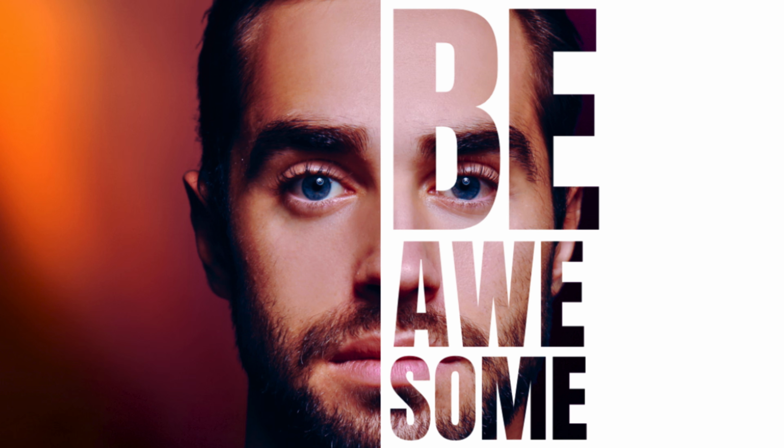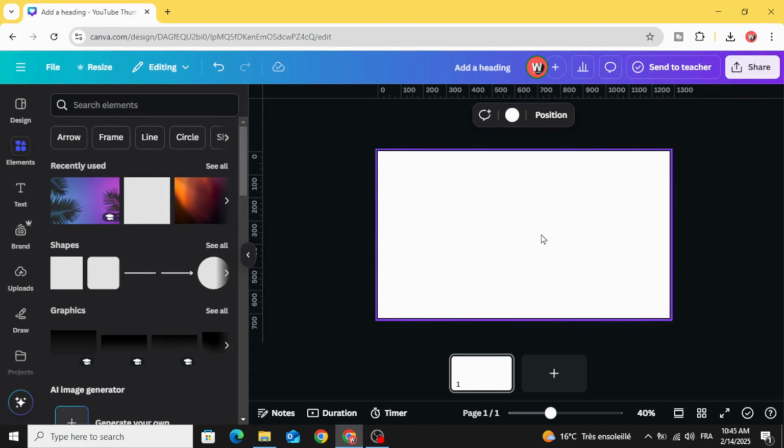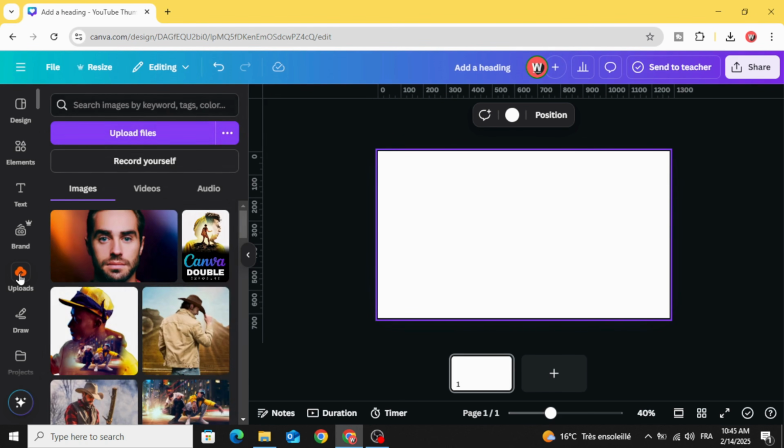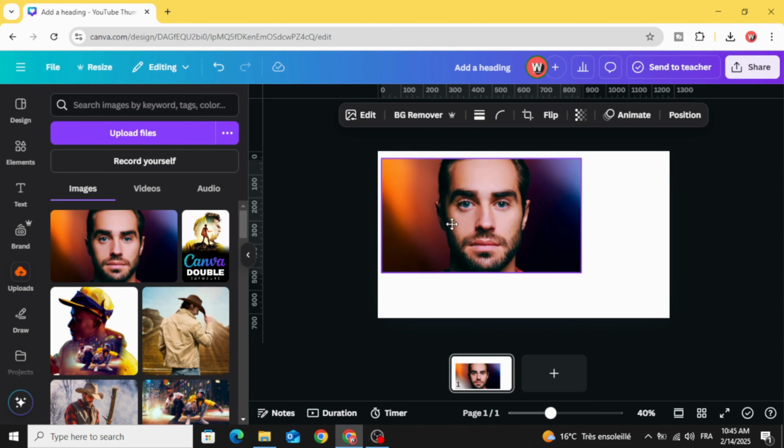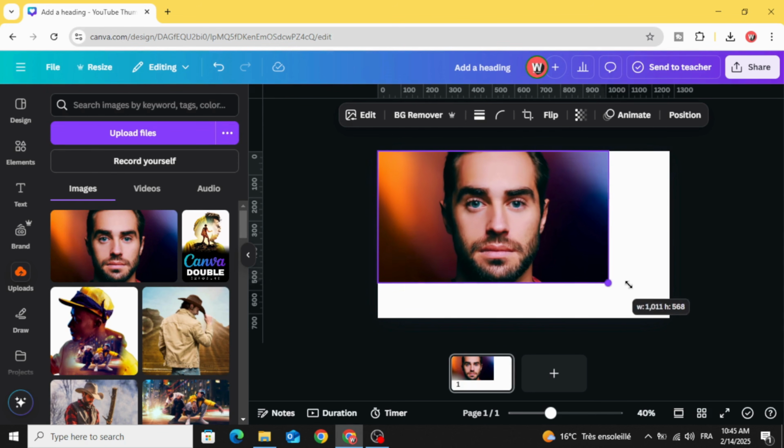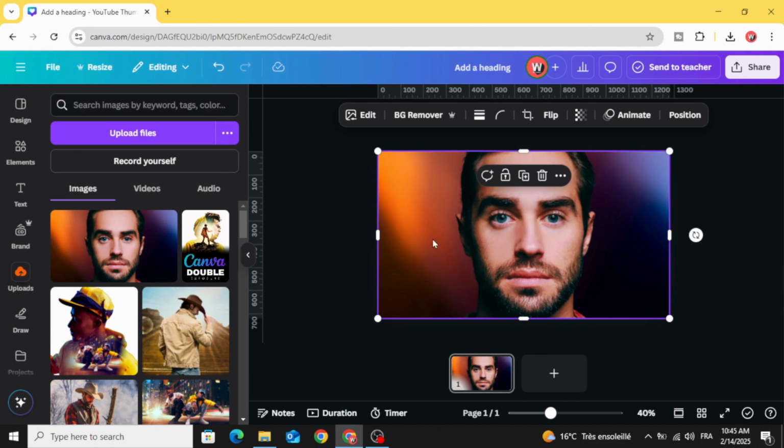Today I'm going to show you the easy way to make half text effect using Canva. Go to Canva and go to uploads, and after uploading your image, drag it to the design, increase the size to fit exactly the page,